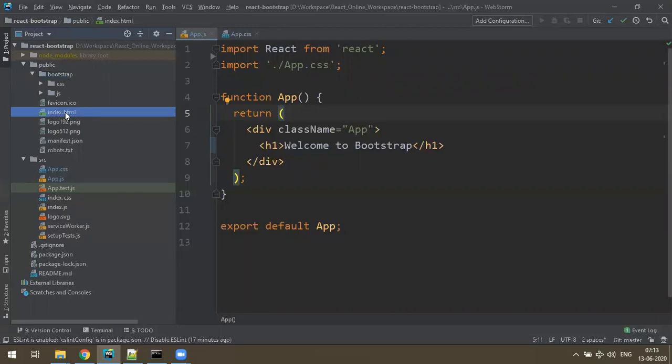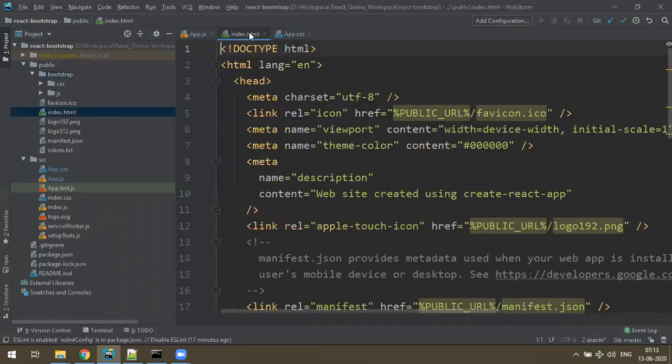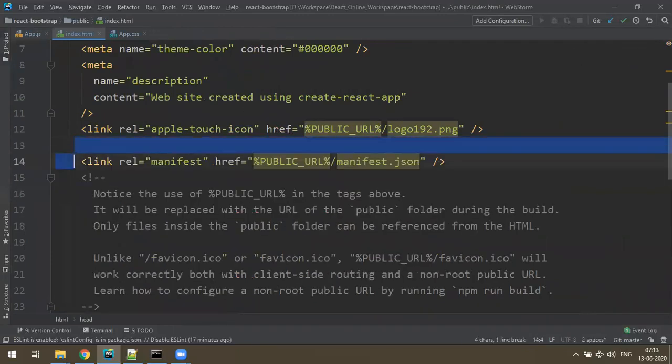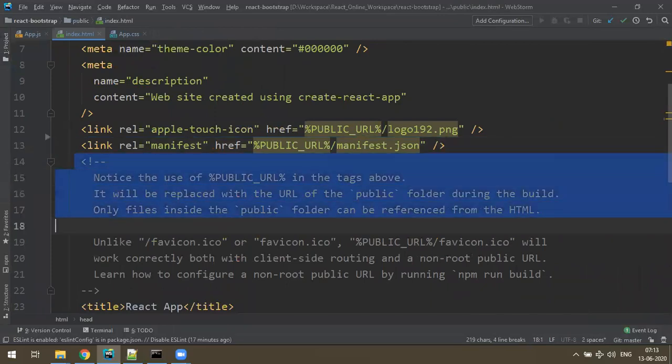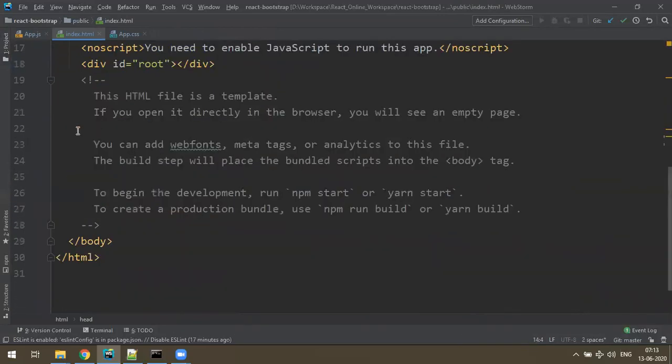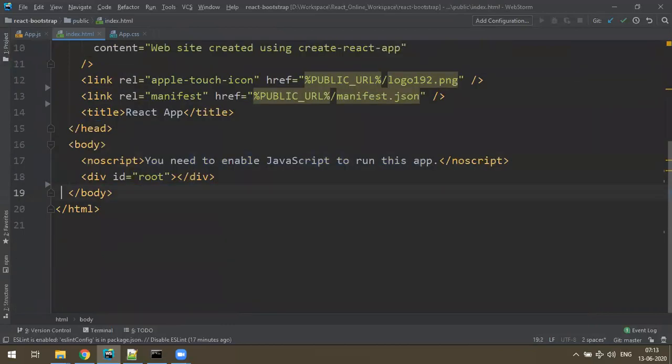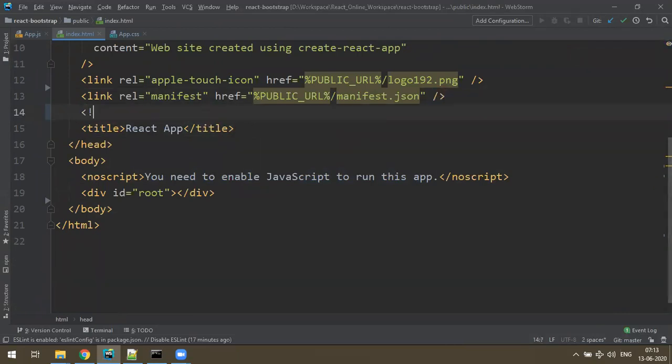So let me open index.html. Here you have to configure. I don't need these comments, delete them, all these comments. Let me keep it simple. So let me connect all the style sheets here. Let me add a comment.